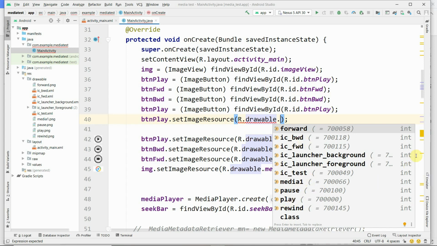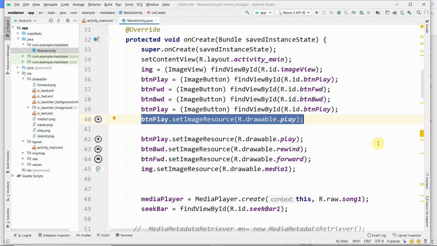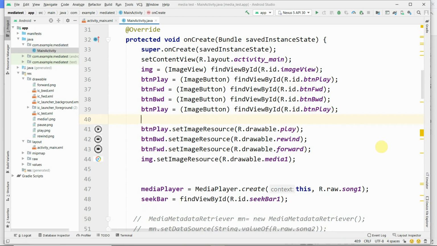These are all different images. You can select any image from here. But we already selected the proper images for the different button objects or image view objects, and this way we can set the image source.